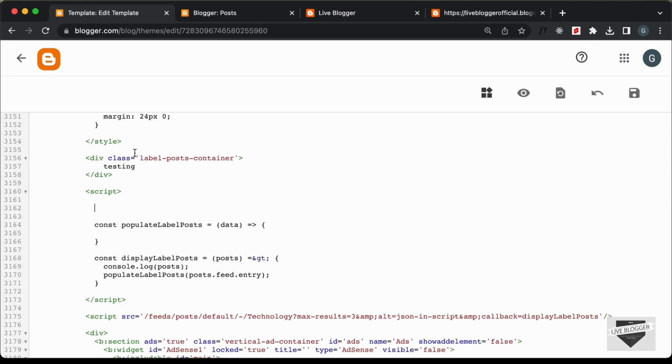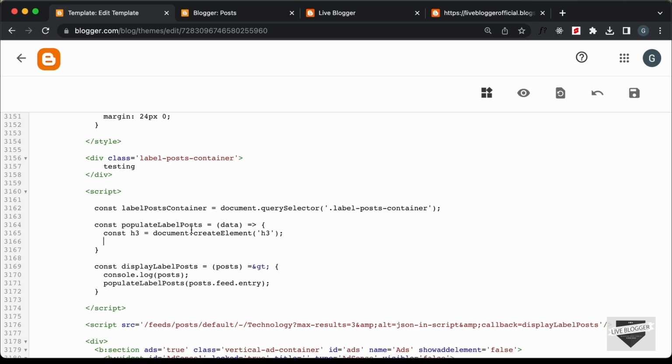So first of all, let me just reference this division with the class of label posts container. So let's type const labelPostsContainer equals document.querySelector, label posts container. And here first of all we need to create an h3. So let's type const h3 equals document.createElement, and let's type h3 over here. Now in the h3 we need to add the title. So let's type h3.innerHTML